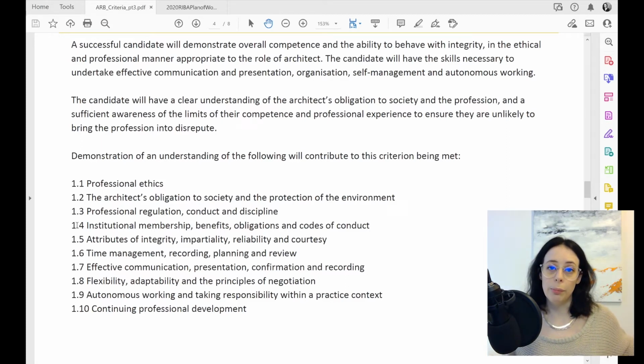Which means that you would be allowed to register with the ARB and then be on the Architects Register. So they're also asking you what other institutional memberships there are, also what their codes of conduct are. So this includes the ARB Code of Conduct, but also ones from RIBA, the RIAS, the RIAI, all of those kind of